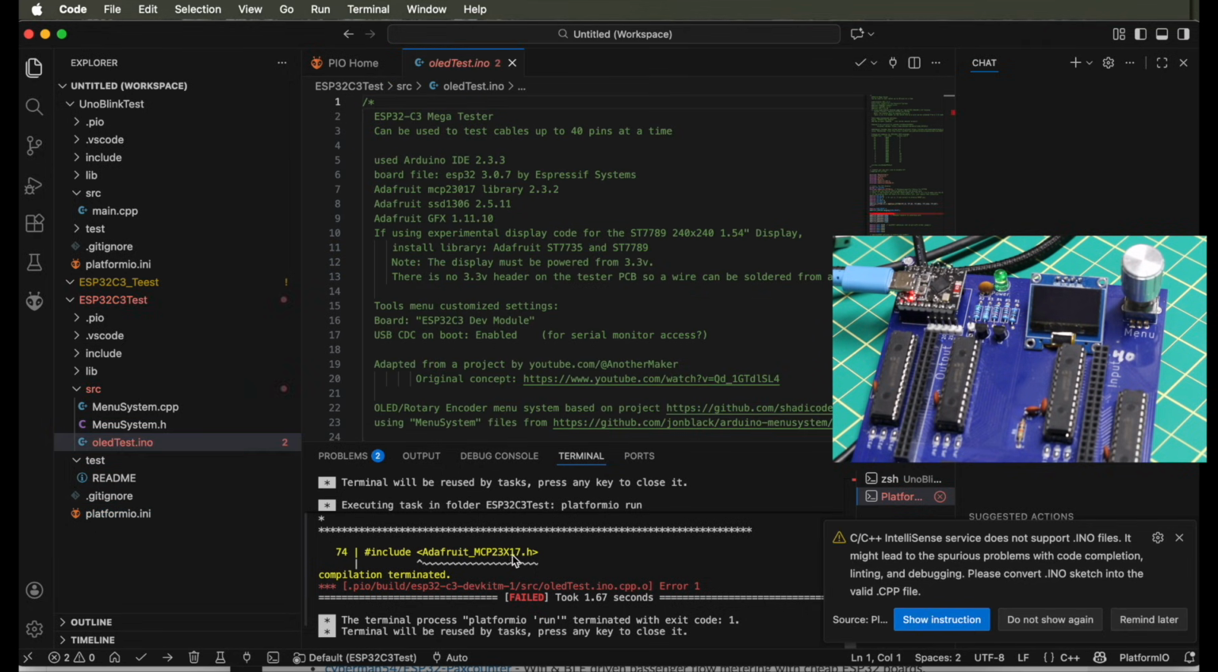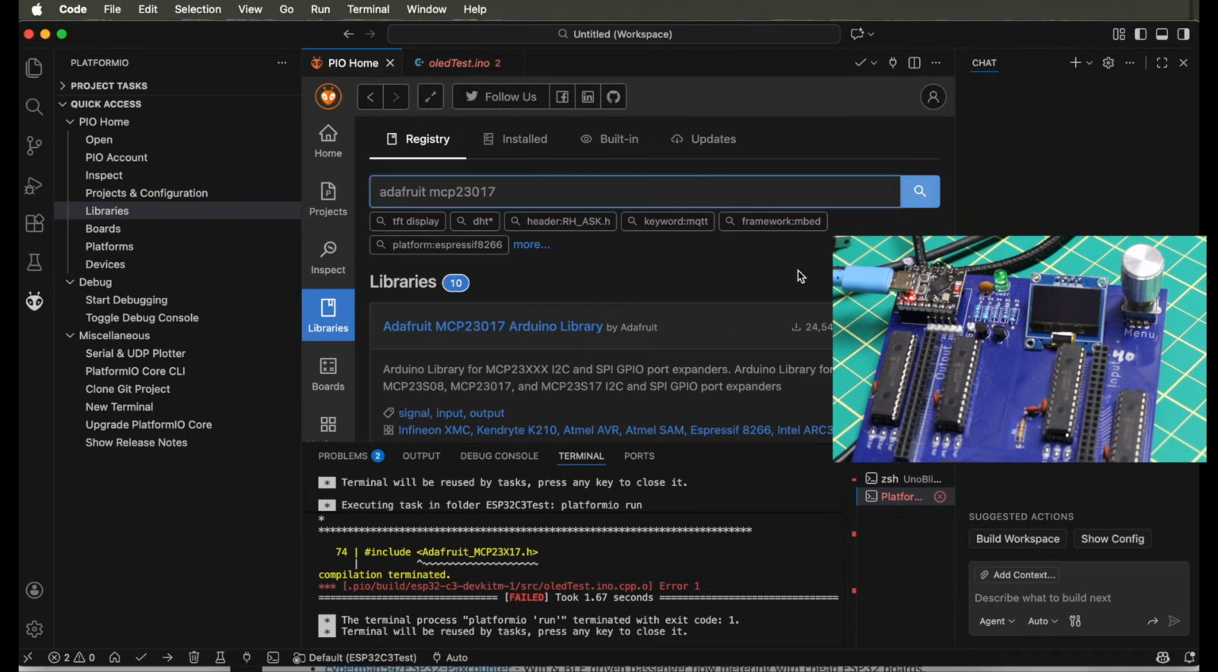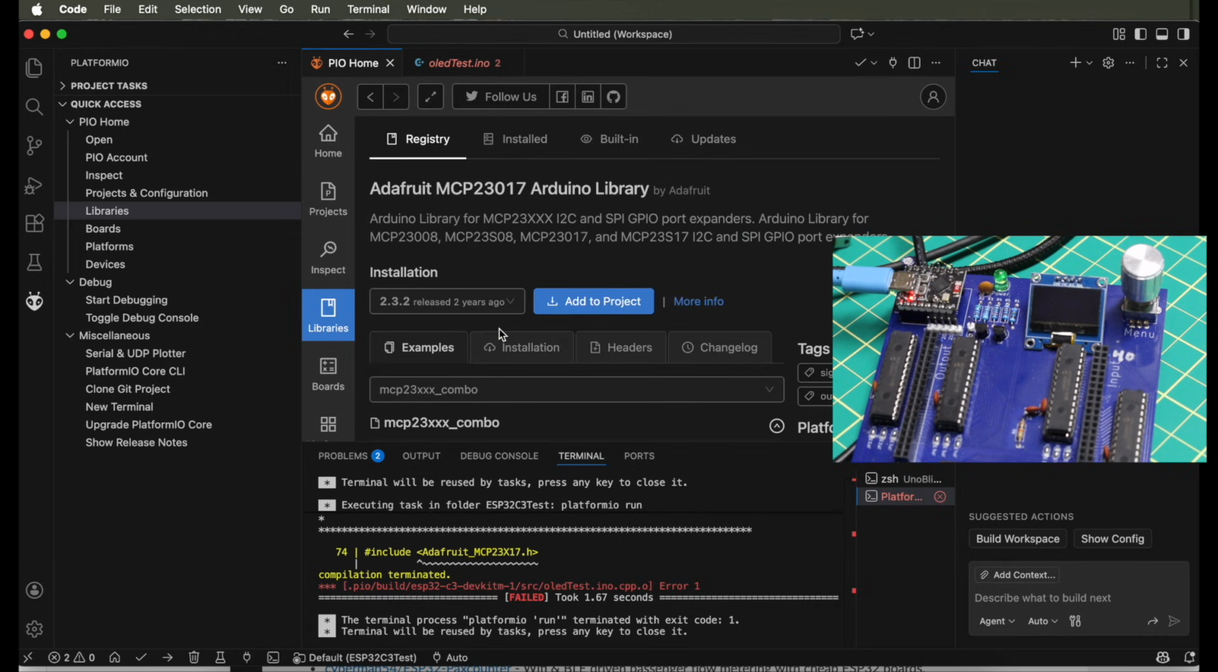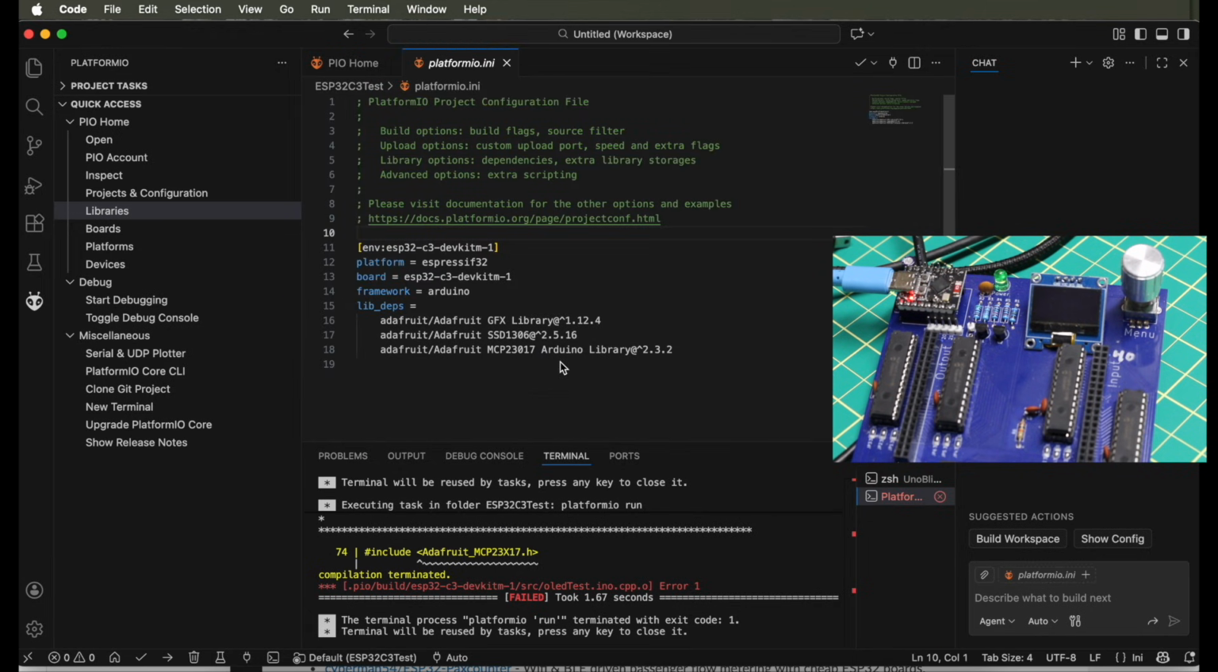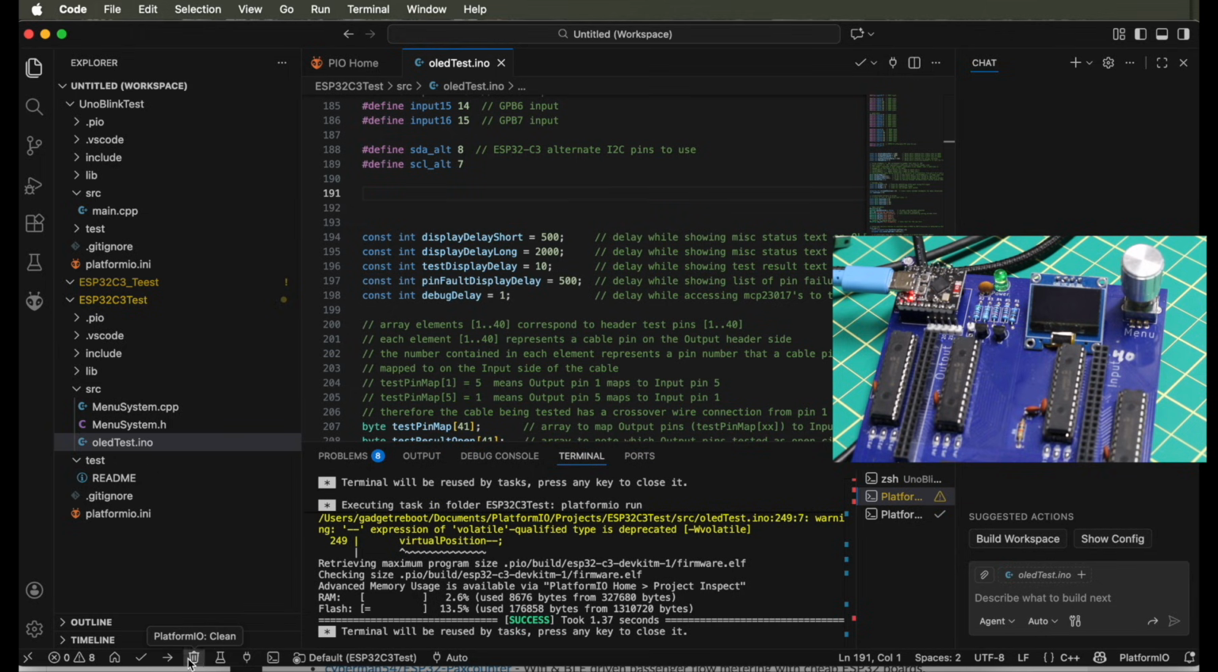Now it needs the library for the GPIO expander. Back to libraries. So I think this is the one. So I click that, add to project. Now that one has been added. So now when I build it, it's successful. That's using the INO